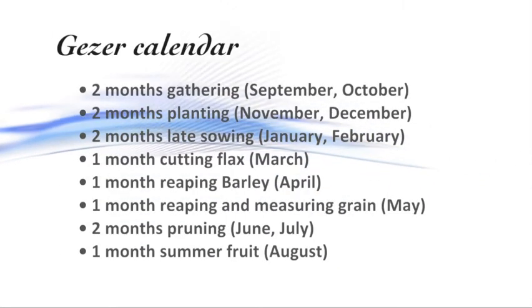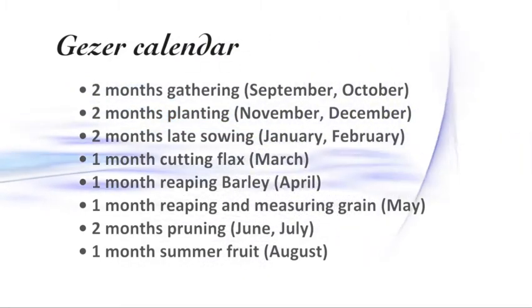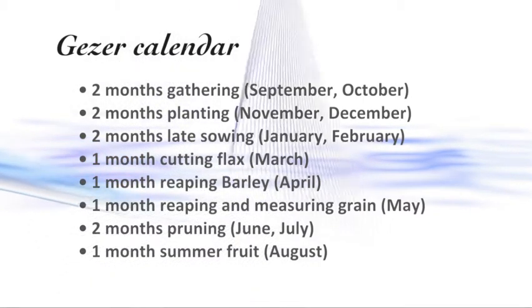This makes sense, for this is when the agricultural year began, and originally farming provided the main need for a calendar. This is confirmed by the ancient Gezer calendar, which started in the autumn. It reads, 2 months gathering, that's September-October, 2 months planting, November-December, 2 months late sowing, that's January-February,